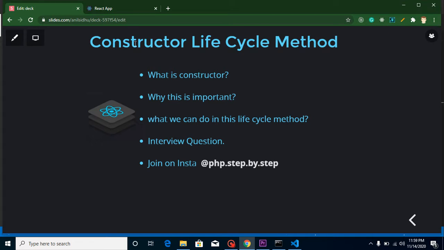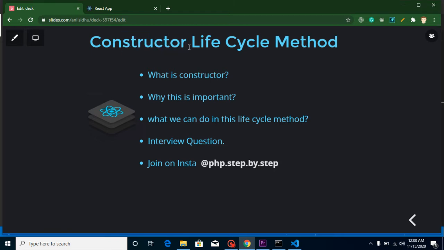Why in other programming languages can we not call the constructor a lifecycle method? Because in ordinary programming languages we don't have a concept of a lifecycle method, right? There is only one thing that is called just after creating our class. But in React we have different stages and different lifecycle methods, like component did mount, component will mount, component did update, and component unmount. So that's why we define several stages, and a constructor is basically the first stage.